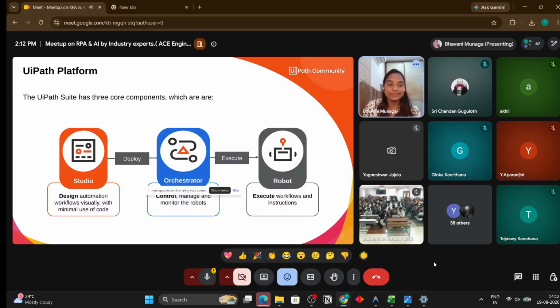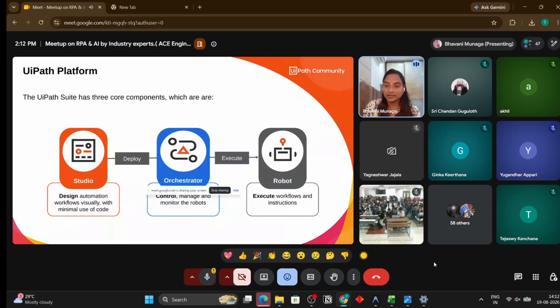It can control and manage everything with the packages. We can control the user permissions. We can schedule the runs. We can do everything using the Orchestrator. We can store the files, which can be used by the bot, and we can schedule the bots when they have to run and when they have to be stopped, and we can manage the access roles, permissions, and we can send alerts. These are all things we can do with the Orchestrator.